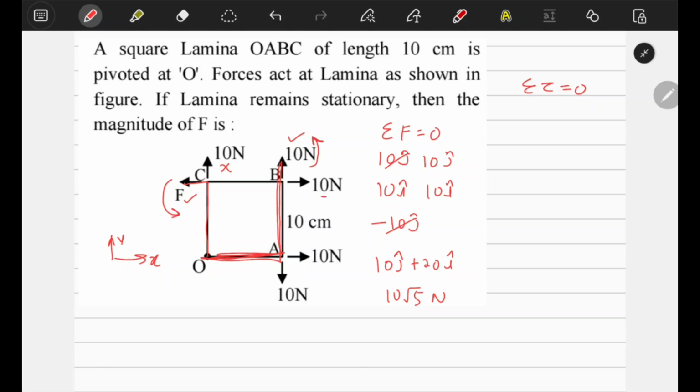Now torque offered by F is anti-clockwise, torque offered by this 10 Newton is anti-clockwise. What about this 10 Newton? It is also acting at the same perpendicular distance. It is offering us clockwise torque. This 10 Newton is not going to give us any torque because it is passing through the axis of rotation. This 10 Newton will give us torque in this direction. So we have 10 Newton in clockwise, 10 Newton F in anti-clockwise. Now we can easily understand that the torque of these two will cancel out each other because they are equal in magnitude, opposite in direction.